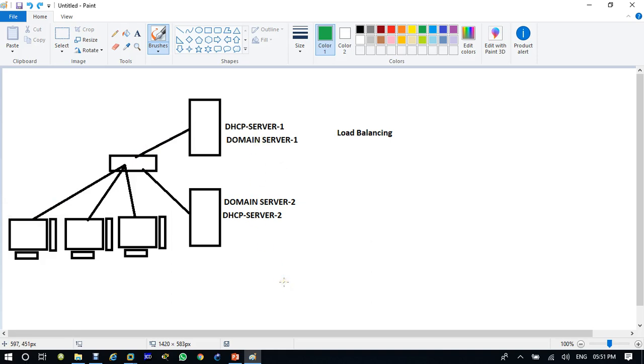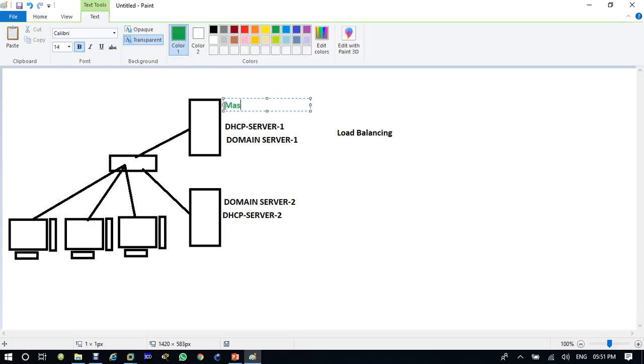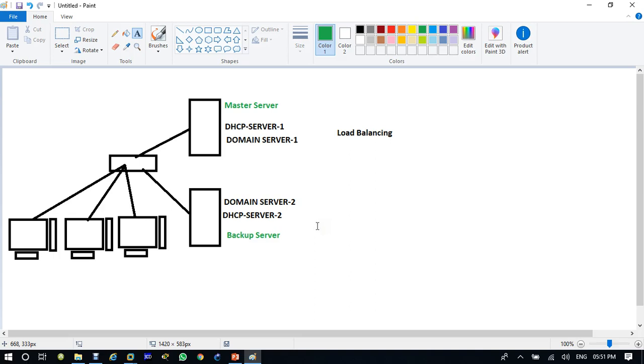This DHCP server will act as a master server, and when the master server fails, the backup server will act as DHCP.